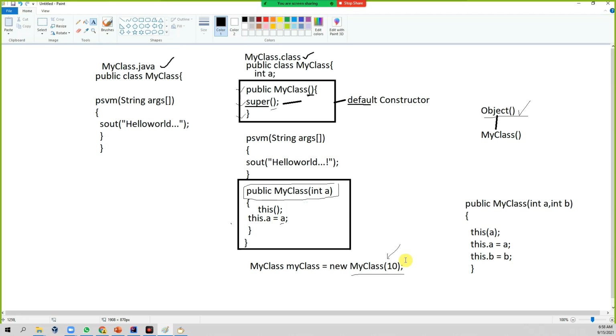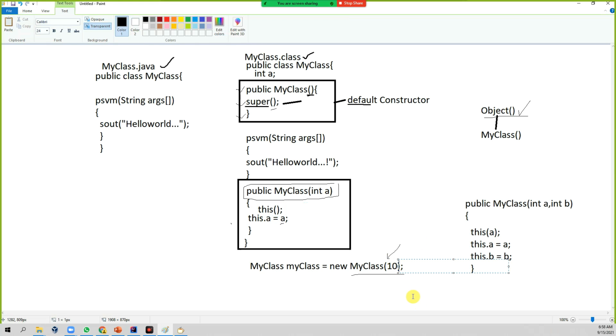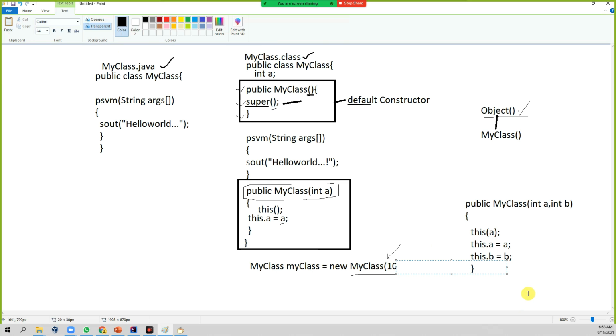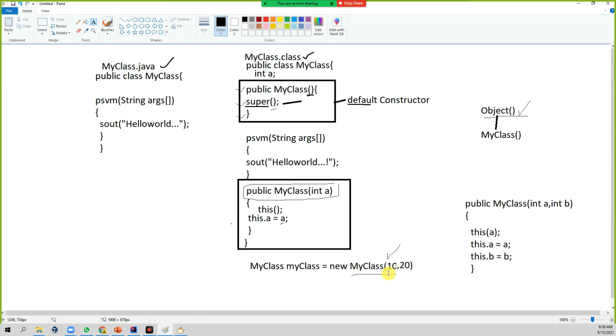So the flow will be like this. If I pass two parameters, 10 comma 20, that means a two-argument constructor. My control will go here with 10, 20. Then internally I am calling this constructor, so this will invoke this one. After that, this is going to invoke my default constructor. Like this, the flow will be.